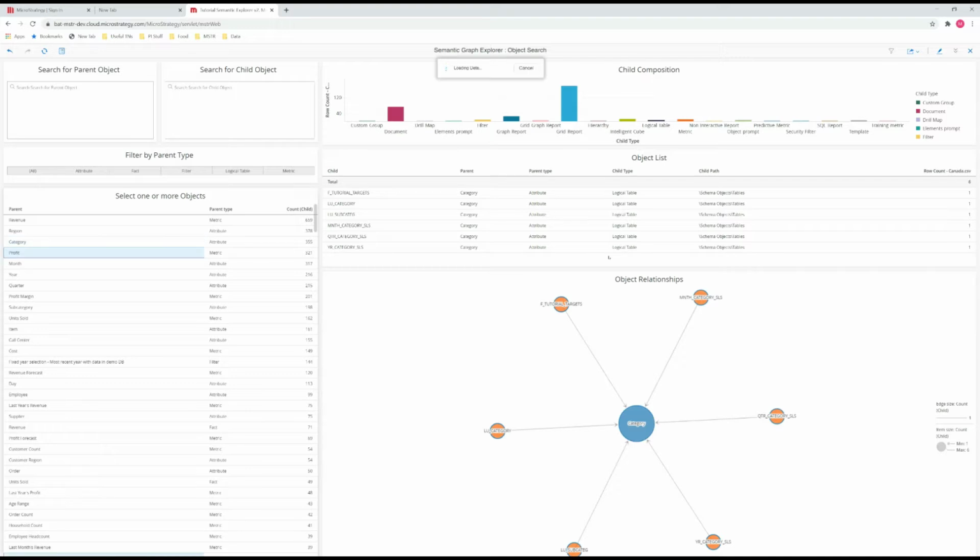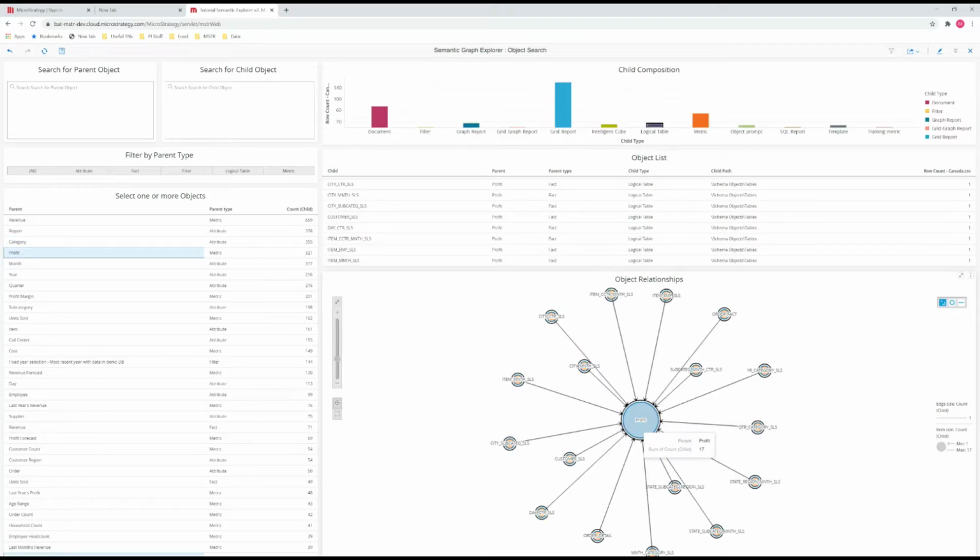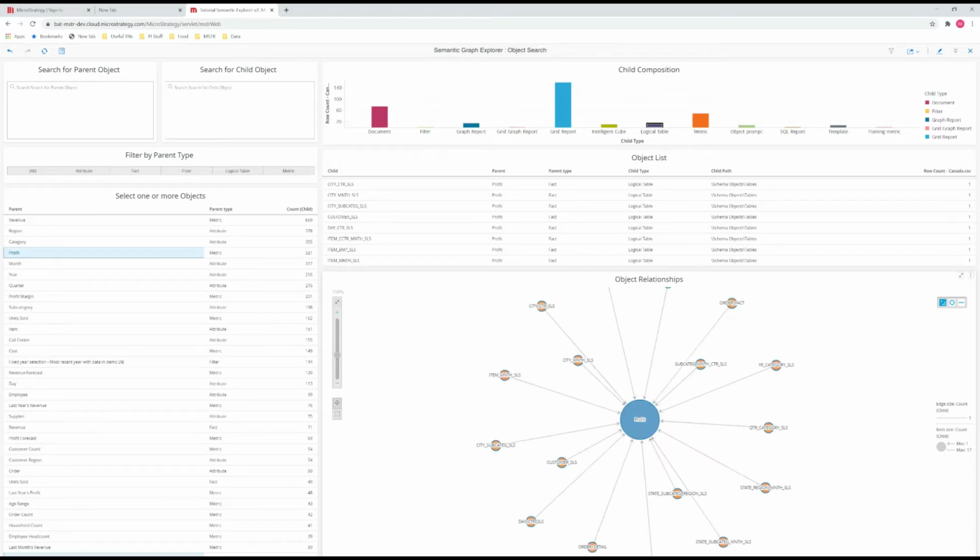When we click on profit, we see that we've actually got the profit metric there in the middle. And there obviously we've got all the dependents on it. So these are all the files, all the tables that provide data for the profit metric. Okay, but that's not really the full picture, is it? What we need to do is we need to search for profit